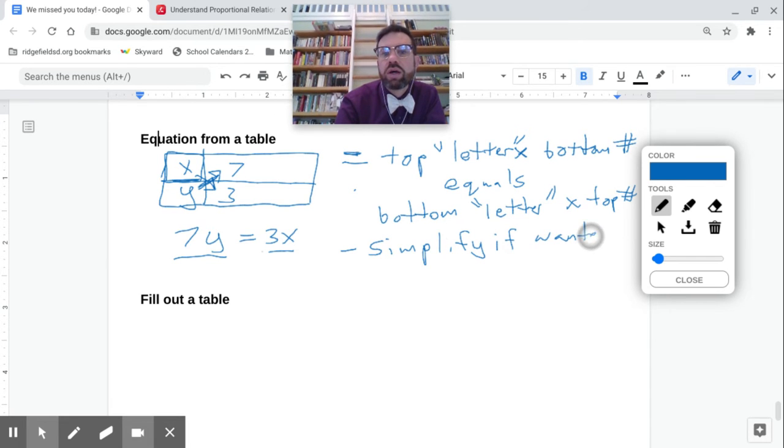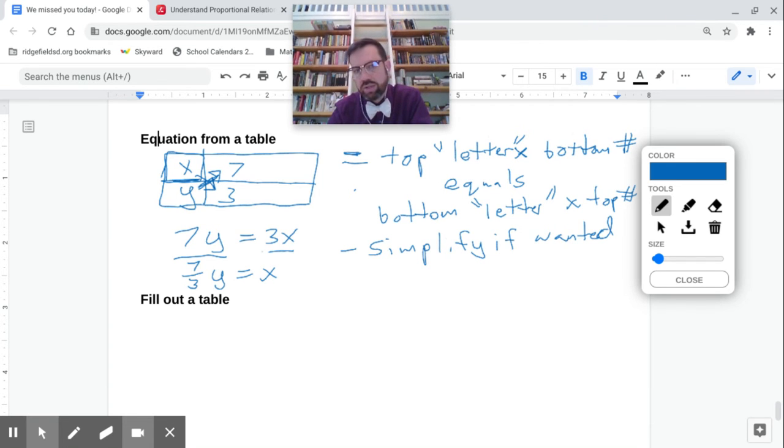So again, I could rewrite this. I could say that this is 7/3 y equals x, dividing both sides by 3. Or I could say y equals 3/7 x. But 7y equals 3x is perfectly legitimate. So anytime you have a table, just pick one column and cross multiply, basically. And the last skill is the same thing,